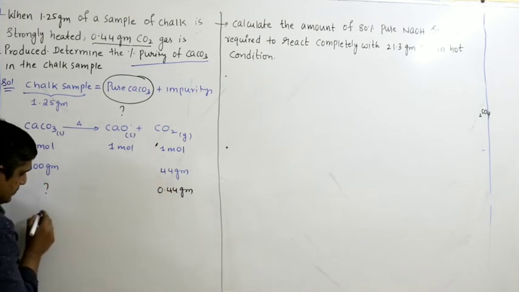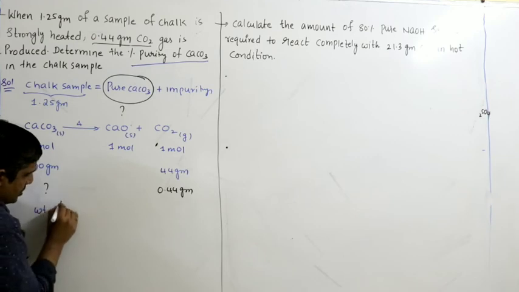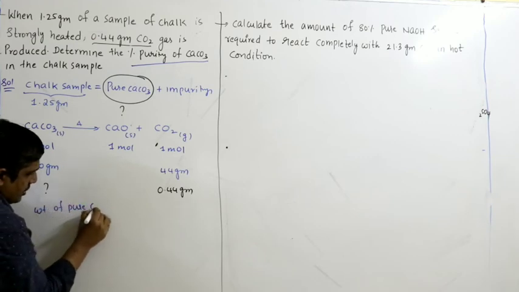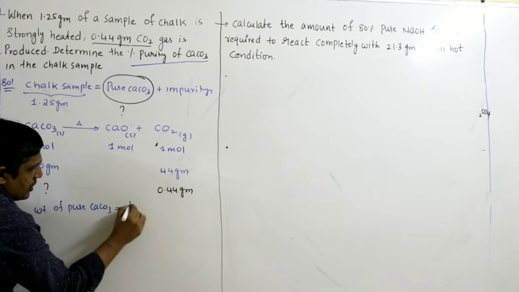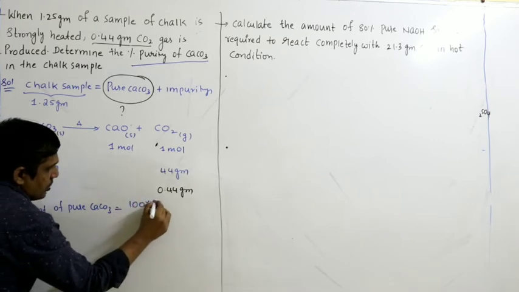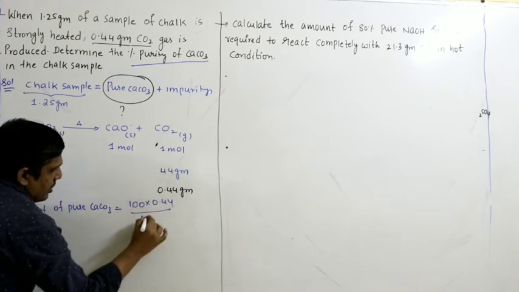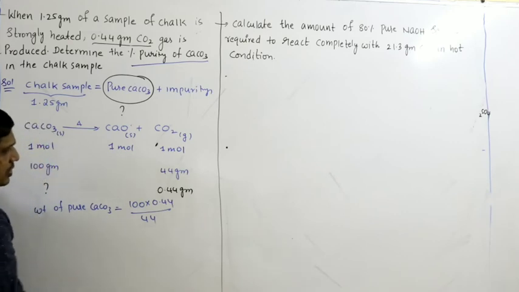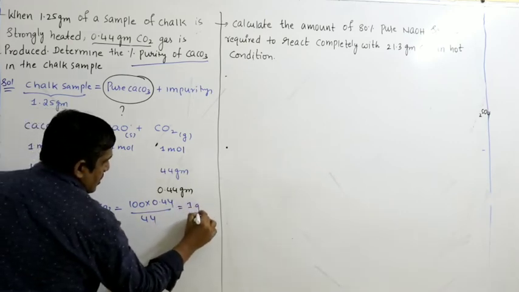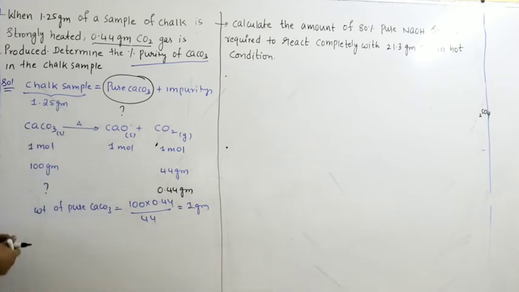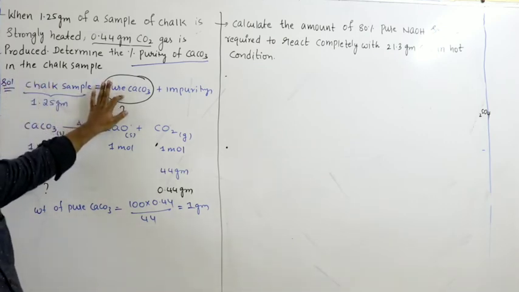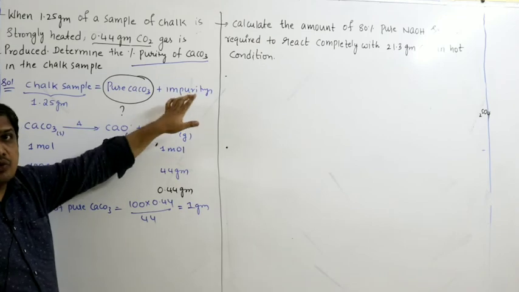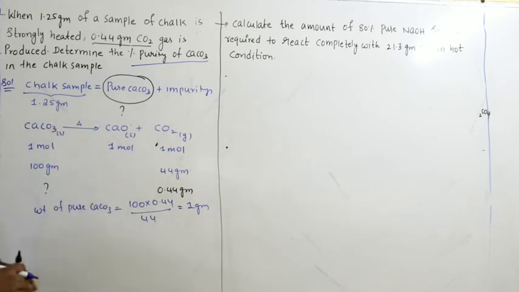So the weight of pure CaCO3 is equal to 100 into 0.44 by 44. So here it is 1 gram. That means out of this 1.25 grams, 1 gram is pure CaCO3, remaining 0.25 grams must be the weight of